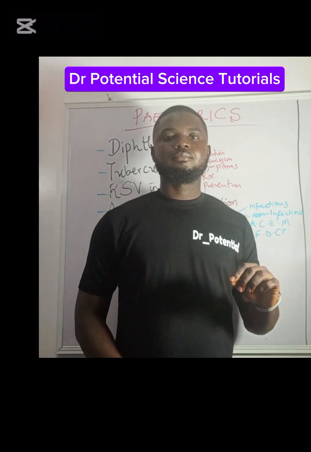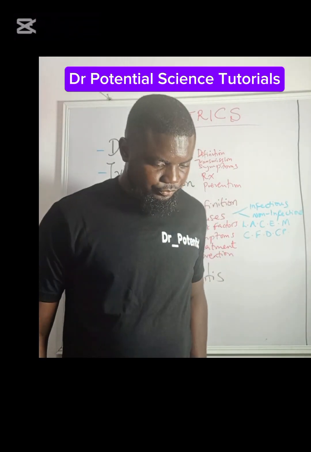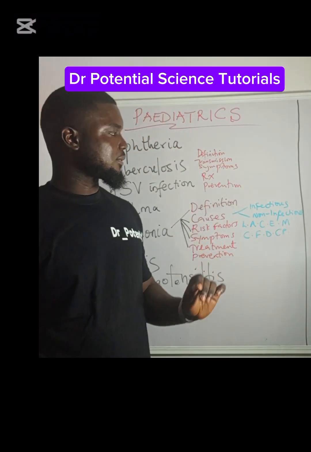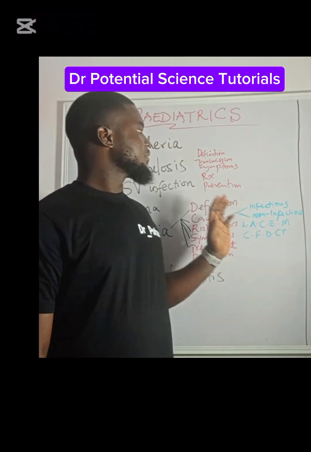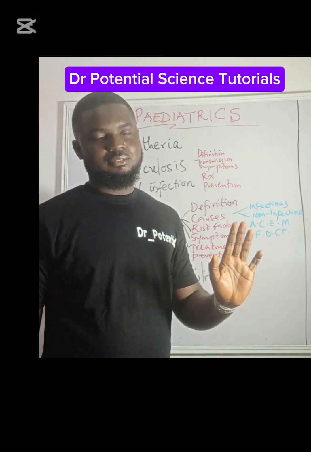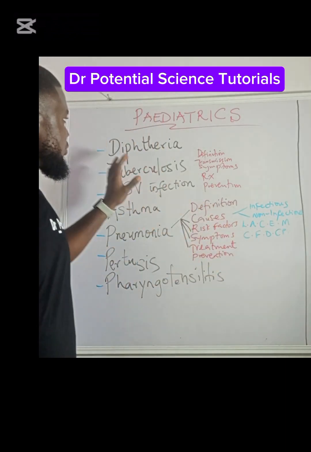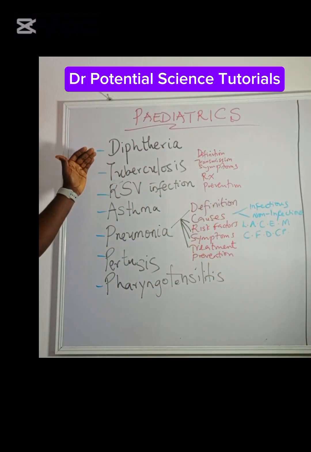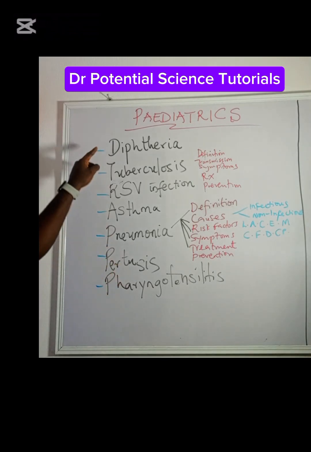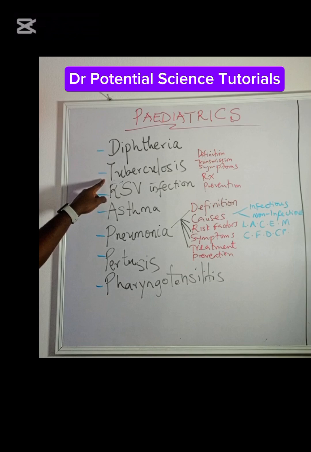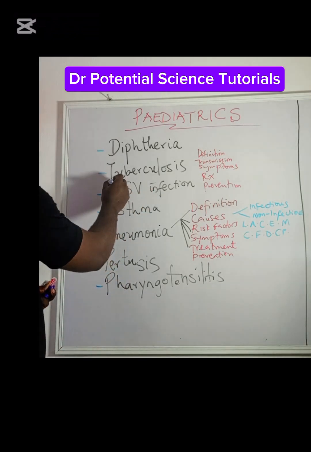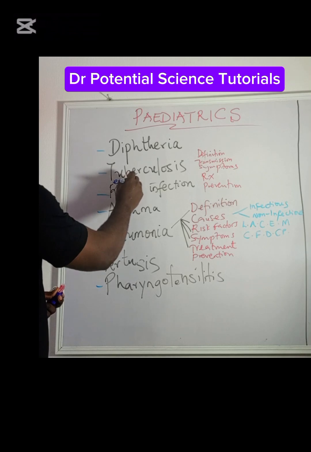Number 1A. List any 5 respiratory infectious diseases of public health importance. 5 marks. List. Please don't explain. As you can see on the board here, we have some of the respiratory infectious diseases that we have in children: diphtheria, tuberculosis, respiratory syncytial virus infection. Please, in the exam, write it in full. Respiratory